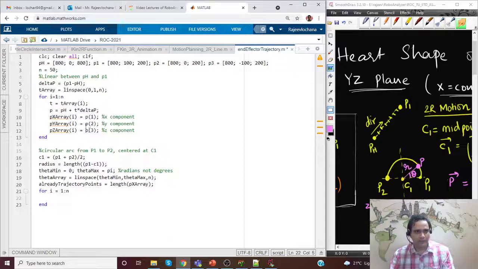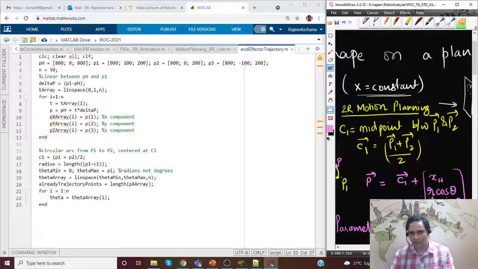Okay, now we will want to get the current theta value. Theta is equal to theta array ith element, we'll get that value, and we have the radius and the corresponding theta. So we are going to use this form c1 plus r cos theta, r sin theta.